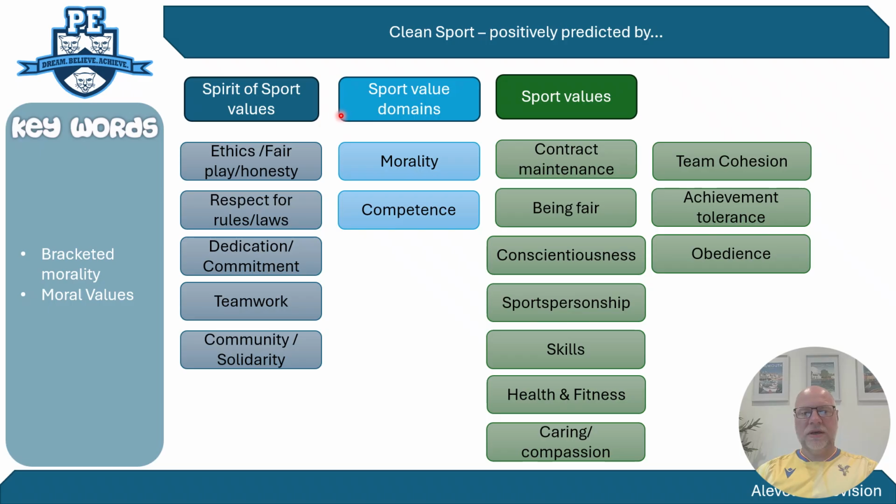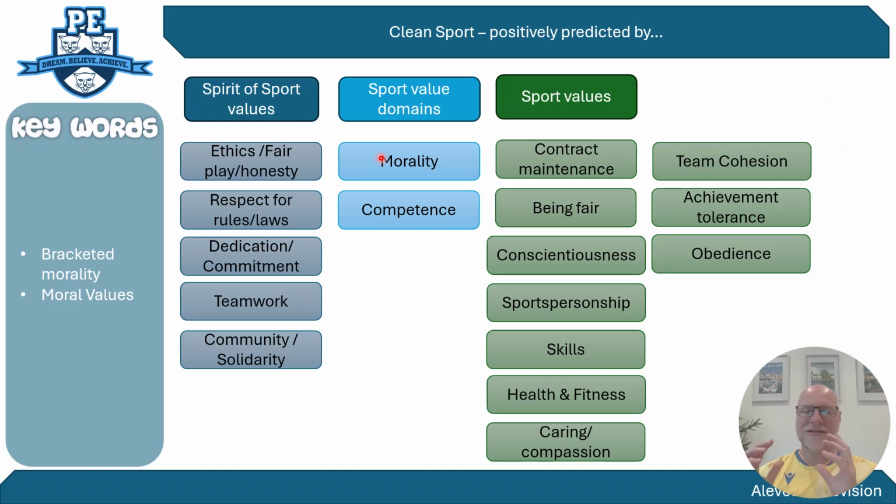We've got the idea of the values from sport value. They call it sport value domains. Okay, and we've got the domain of morality, and we've got the domain of competency. Now, competency is basically your skill set in sport, how good you are as a player individually, but morality is how you think and your attitudes surrounding it. Now, there is a slight